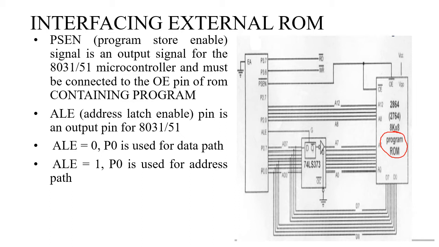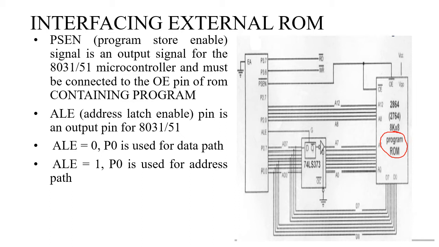The ROM can be either program memory or data memory. You can either store data in the ROM, or you can also use it as a program memory. Whenever you use it as a program memory, the microcontroller fetches the program that is written in the program memory and executes it in the CPU, and that process continues.